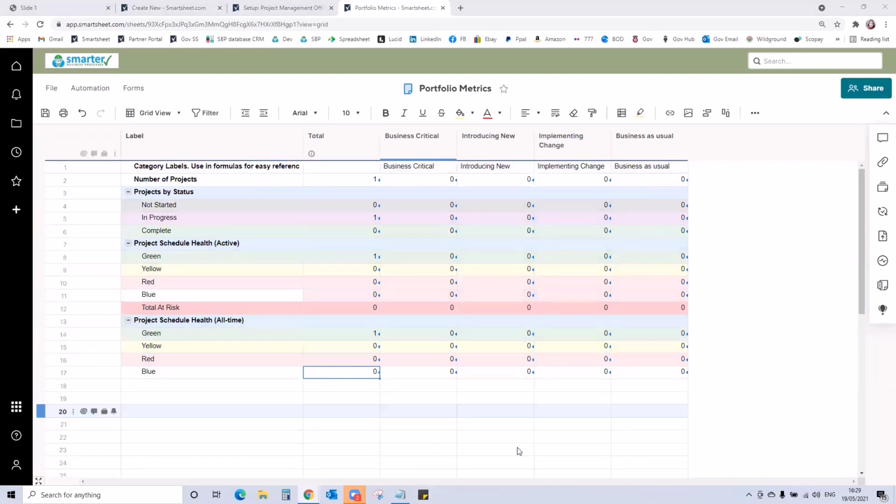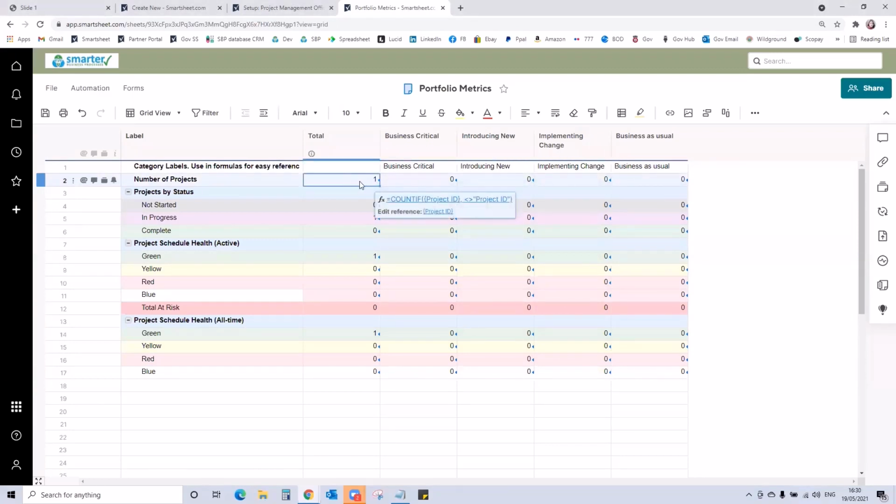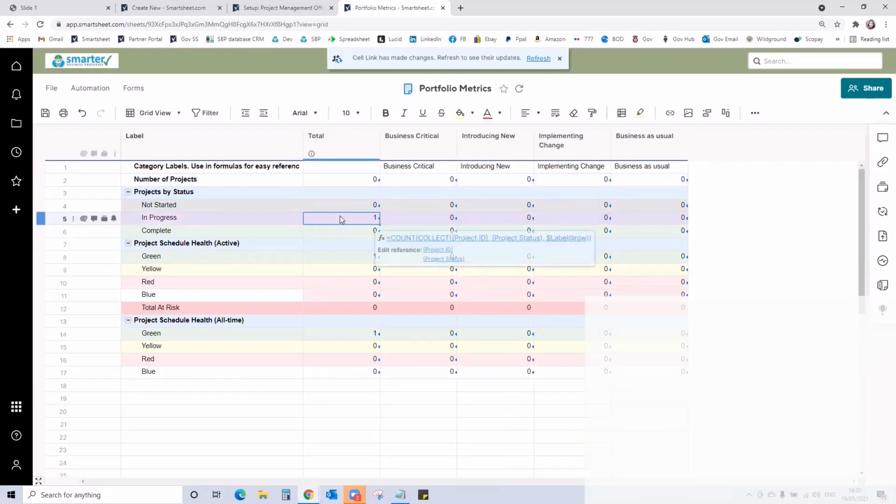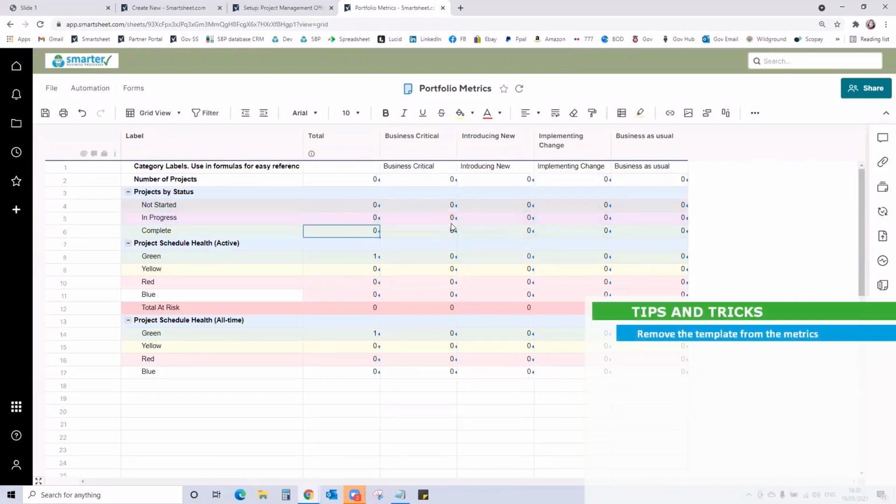And then this set of metrics, this is counting how many projects within the workspace there are, how many are within each of the different categories. But as you can see here, we've already got a number 1 and we haven't used the template set yet. So this set of metrics in the template set does count the templated project plan as well. And I don't think realistically, when you're looking at your portfolio dashboard, you want to include the template as part of your statistics. So we just go into here and just put a -1 in that one, in that one,